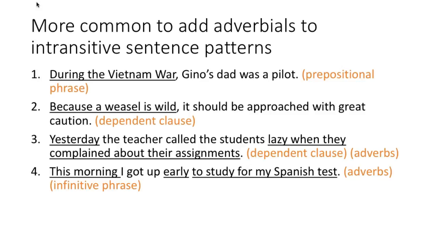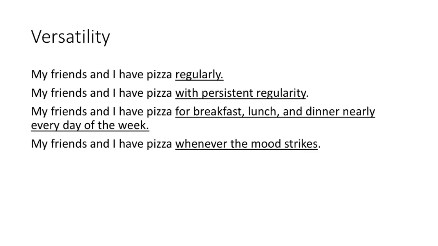So adverbials refer to any grammatical structure that adds what we think of as adverbial information. So it adds the kind of information that adverbs think. In the first and second example, we have prepositional phrases, and then we have dependent clauses and infinitive phrases. And adverbials can be any of these. It's not just adverbs. And it's important to recognize that when we use the word optional, we're referring only to grammar, not to the importance of the